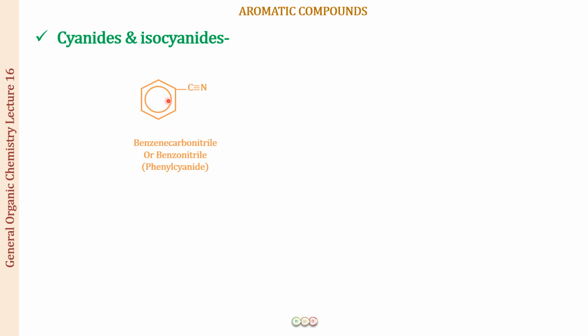And as you can see, if this would not have been there, the three valencies of carbon of the toluene, that is free, right? So this is going to be benzo group when we have only the carbon. All the three hydrogens from the toluene, they have been removed from this position. So this is going to be benzonitrile, and the common name for the compound is phenyl cyanide. The next we have is the phenyl isocyanide now, and this is commonly called as phenyl carbylamine.